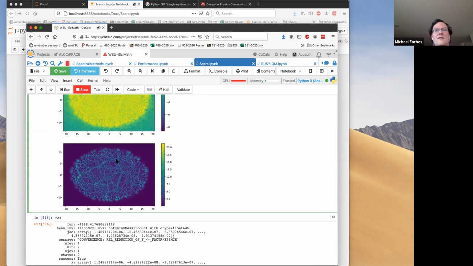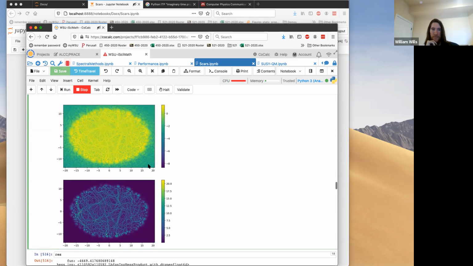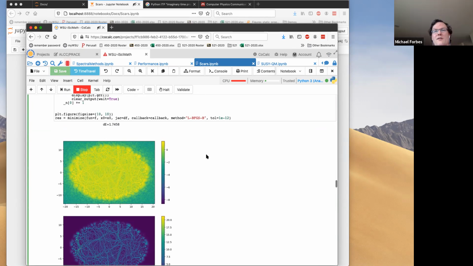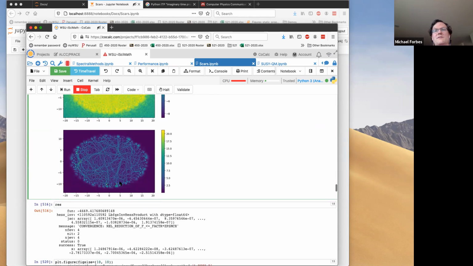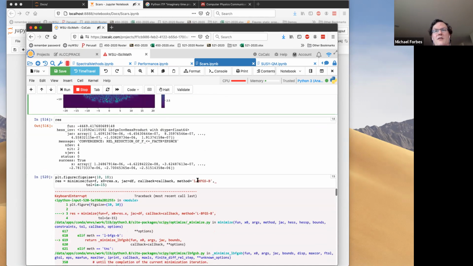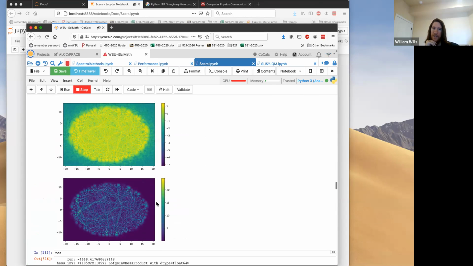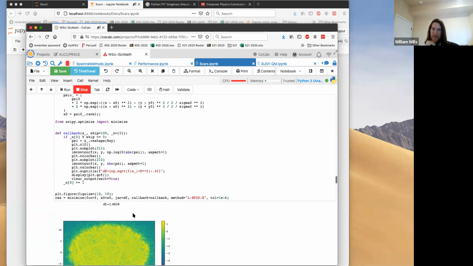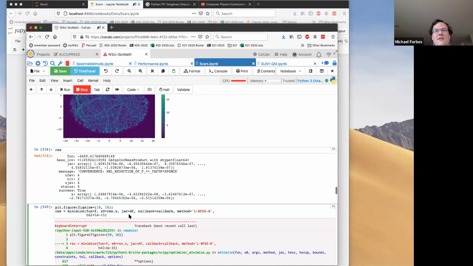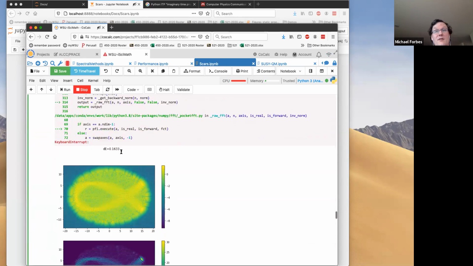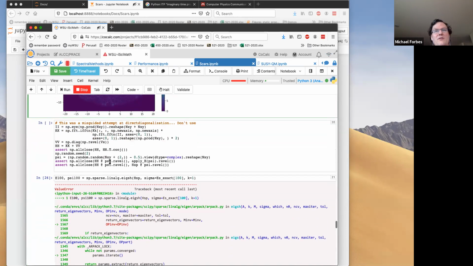And so that's going ahead, and then this will minimize. This is a pretty high tolerance, so this will take some time, but you could do it to a low tolerance first, for example, and then polish it to a higher tolerance after, if you wanted. This is to find an eigenstate with a large energy. Again, I don't know how well this is going to converge. Now you could try, and I don't know how well it's going to work, to use